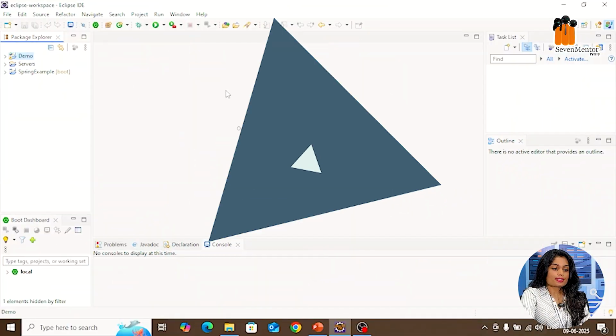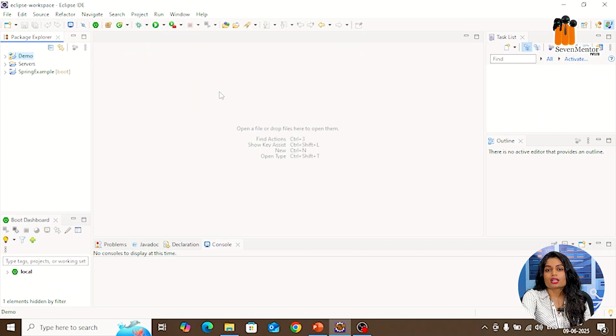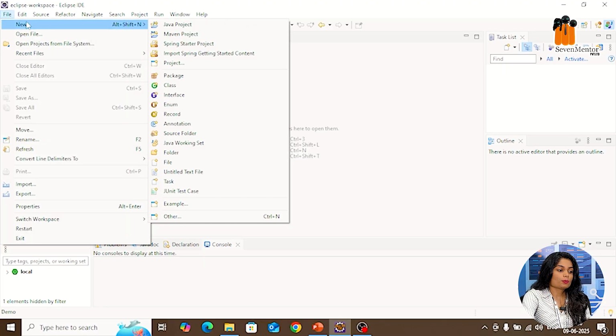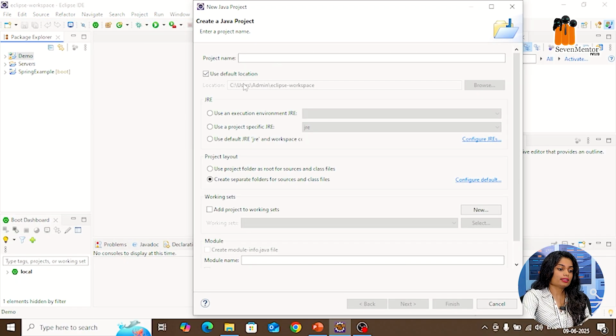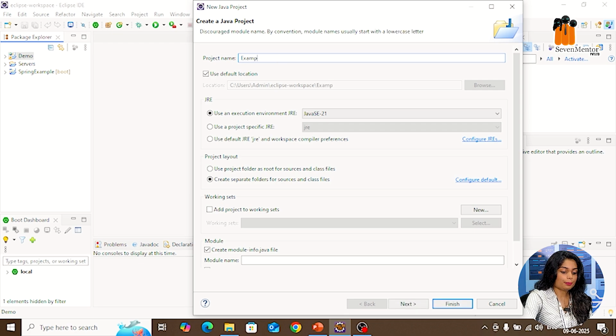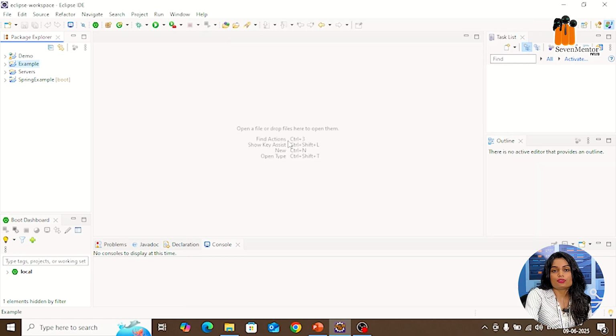Now we will see a simple example of how the program is going to work. First, to execute the program, we are using the Eclipse IDE, which is the enterprise edition. If you open it, you have to go to the File option, go to New, and then there is an option for Java Project. Click on that. You can give the project name as you want. So let's take an example. I am giving the project name as example. Then click on the Next button and simply click on the Finish button.